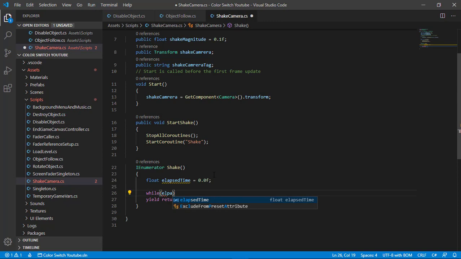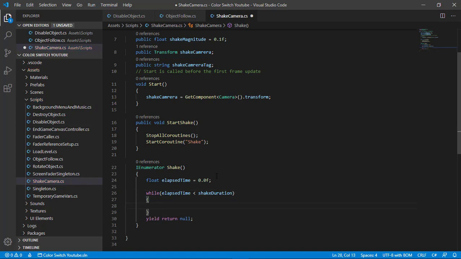If our elapsed time is less than shake duration, then come to the while statement and begin to execute it. And we need elapsed time